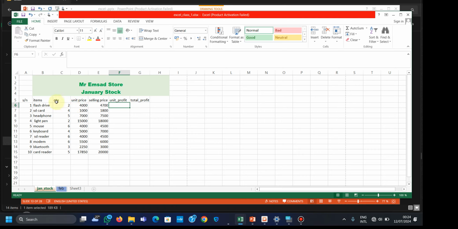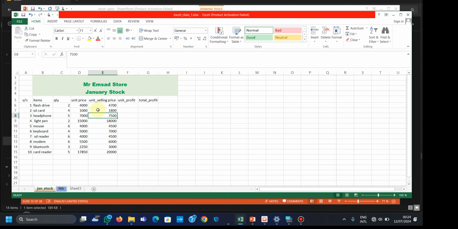To get the unit profit, I have to get the difference between the unit price and the selling price. So maybe we just label the columns unit selling price and unit order price. To get the unit profit, you subtract this from this. Every formula must start with an equals sign, so this, which is E6, minus this, which is D6, then you press